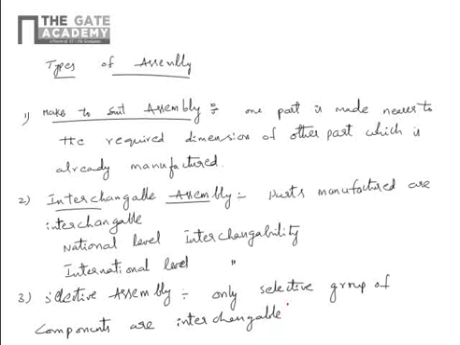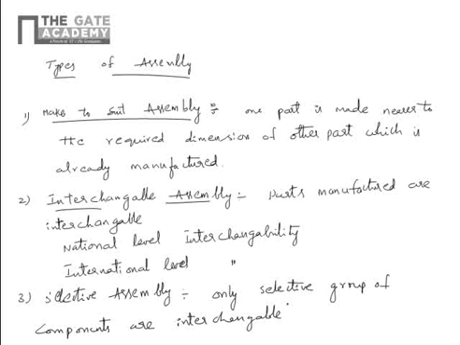Next, once the component is manufactured, we need to inspect it to check whether it is meeting our requirement or not, whether it is defective or not. Only then will you send it to the final product. Otherwise, if the product is defective, you need to stop the production and check again where you are making the mistake, where the error is coming from. So to inspect the component, we use